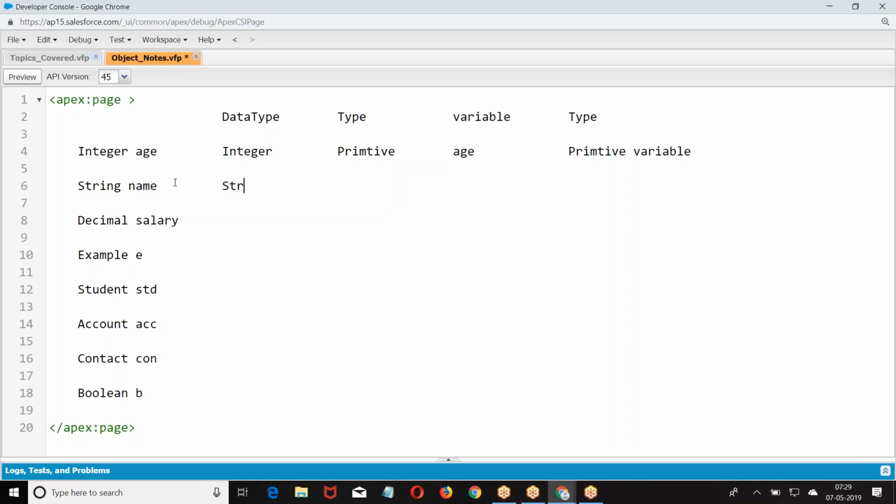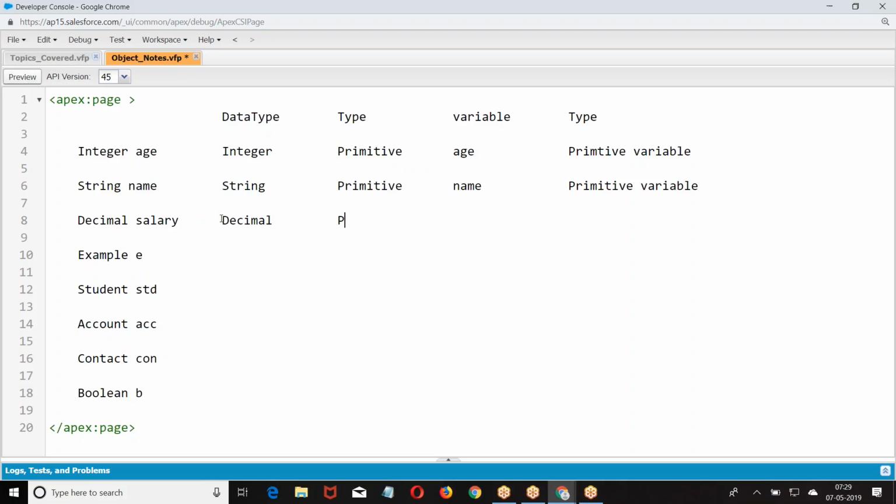Name. What type of data type is this? Primitive. Now, what is the variable? Age. The variable is name. Now the variable is a primitive variable. Salary.